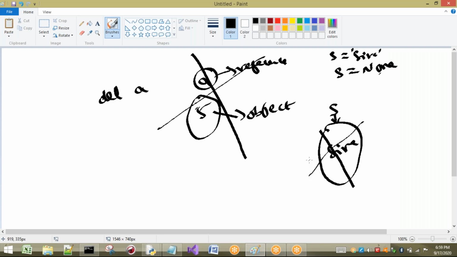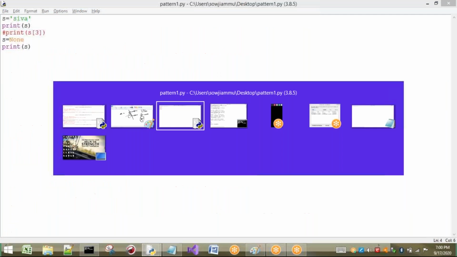If it is pointed by anyone, then that example also let us see. It is pointing to None. That means in the case of None, only the object will be removed, the reference will not be removed. But in the case of del of a, both reference and object will be removed. Okay, so I will take one more example, then you will get clarity on this one.